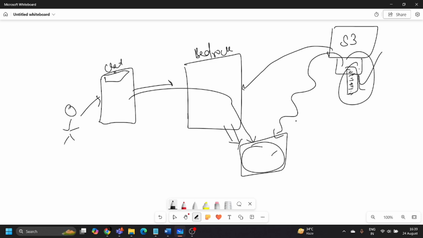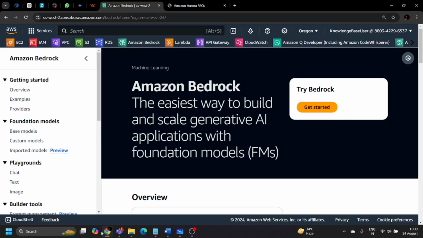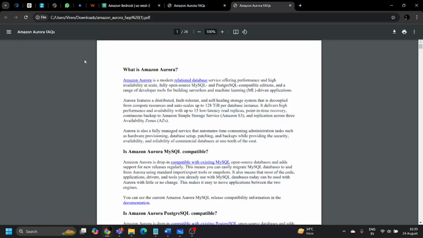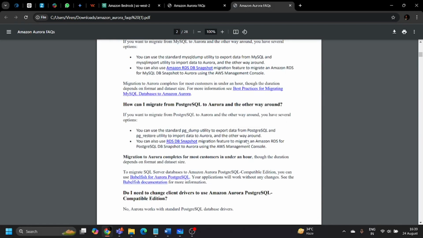Now, what exactly I'm talking about, what are the different points and how exactly you will be able to create this knowledge base? Let me just take you to the AWS management console. This is my AWS management console over here. The very first thing you need to do is, suppose this is my local repository in which I have downloaded this Amazon Aurora FAQ document from the AWS